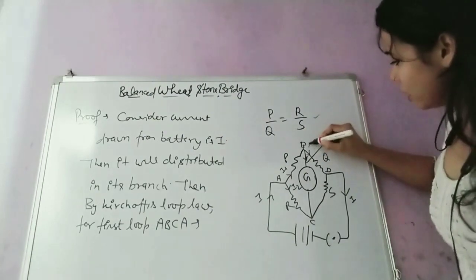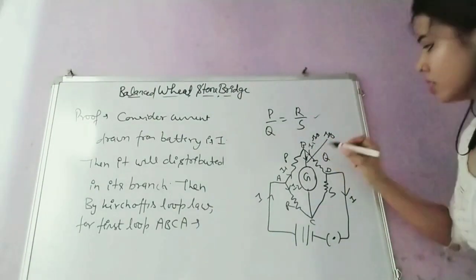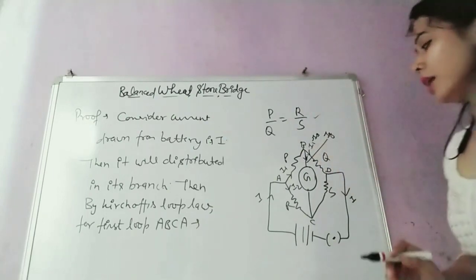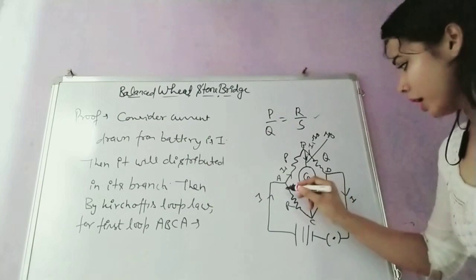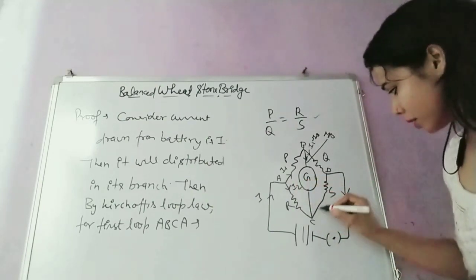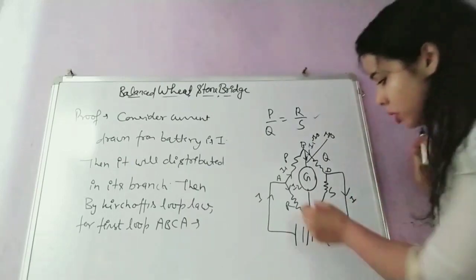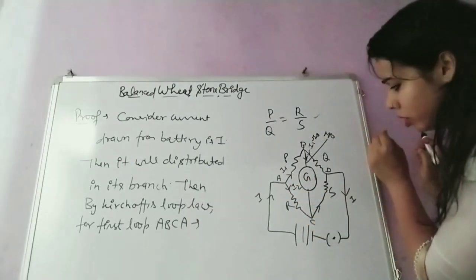Okay, so this current is I1 minus Ig. Current through this branch is I1 minus Ig. Now this Ig current is moving through this and this I2 is coming from this side. Then current through this branch must be equal to, again I am repeating, current entering the junction equals current leaving the junction.